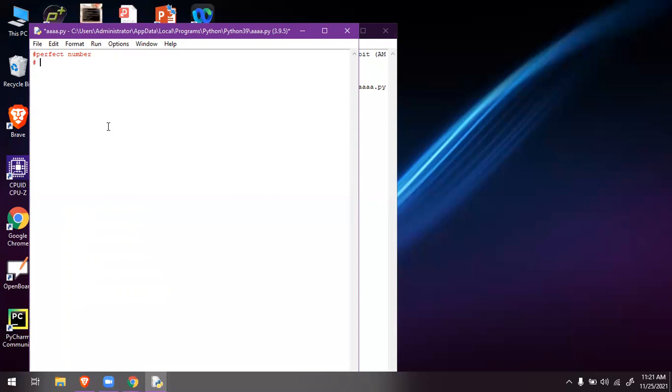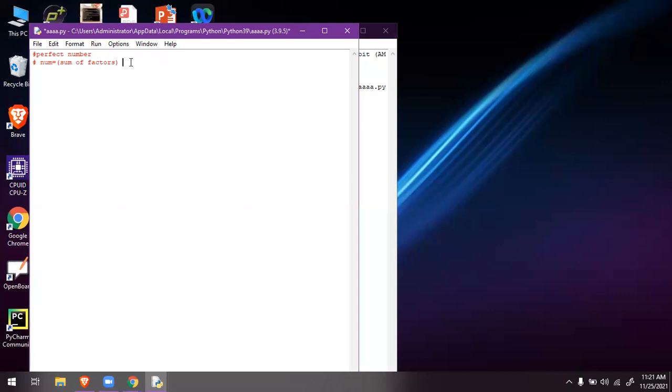If I take any number, say NUM, it has some factors. If you add the factors, the sum must be equal to the number. Then it is called a perfect number.